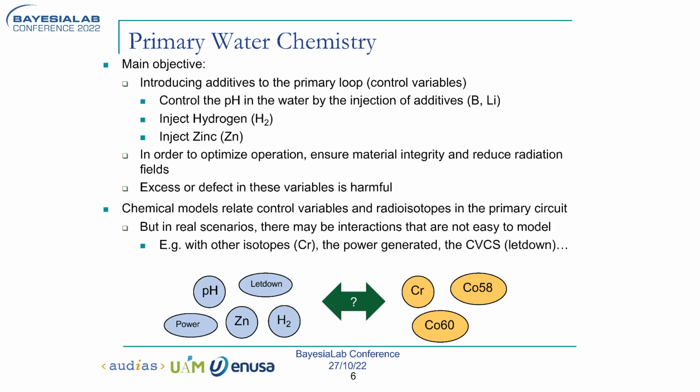So the main objective is introducing chemical additives to the primary loop. These additives are injected in the primary loop in a controlled way by the operators of the nuclear power plant. So we'll call these control variables, because they are known and they can be injected into the circuit to control the chemistry of the primary. So in this sense, we can control the pH in the water, which has some influence primarily from the first,